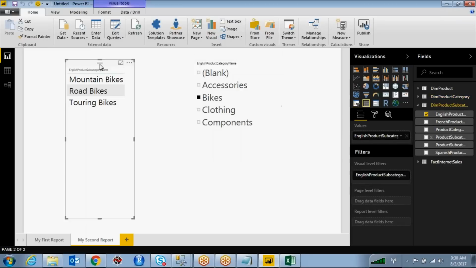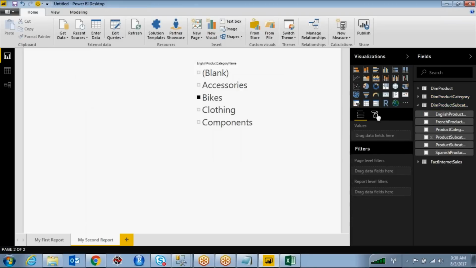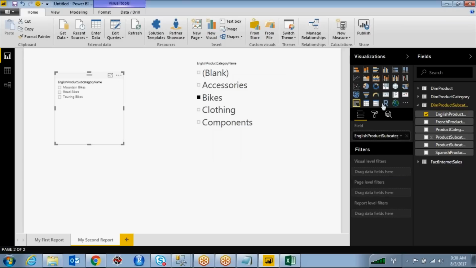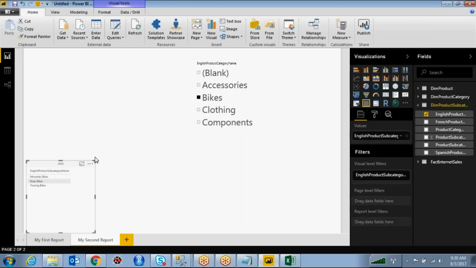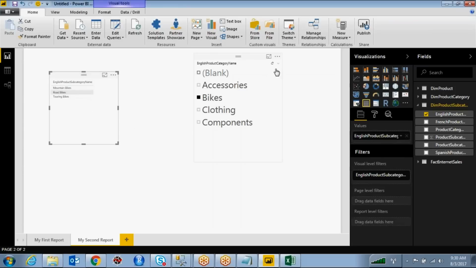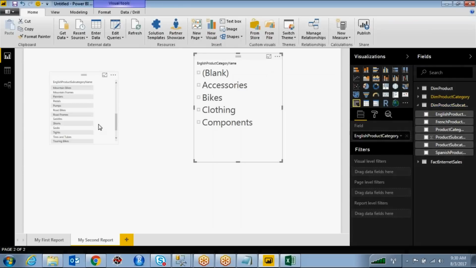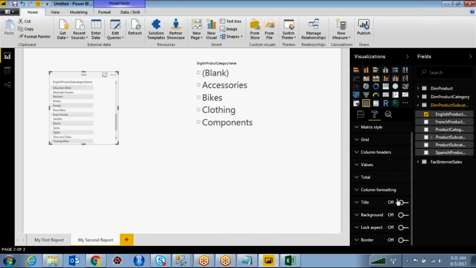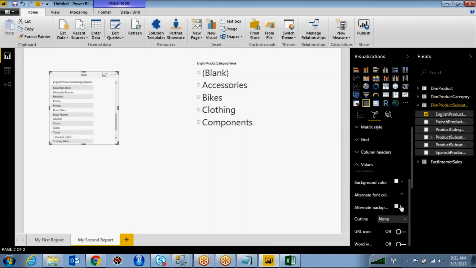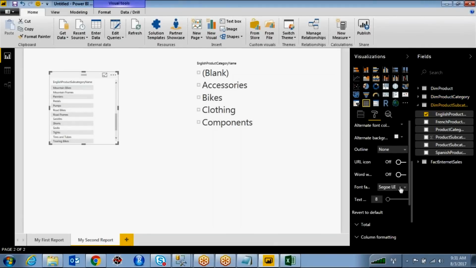Okay, what I'm going to do here, I will take one more slicer, and in this slicer I will take dim product subcategory. Sorry, not product category, product subcategory, right? English product subcategory, and I'm going to clear the filter. So it is displaying all subcategory items, and I'm going to increase the size.